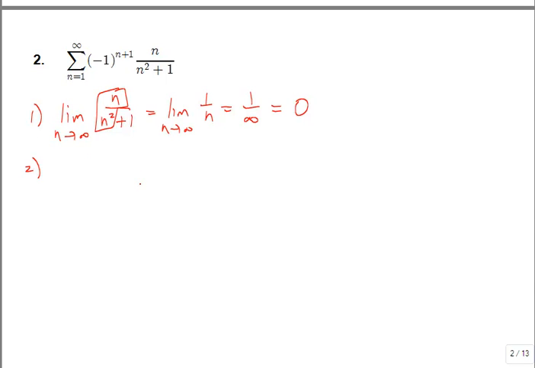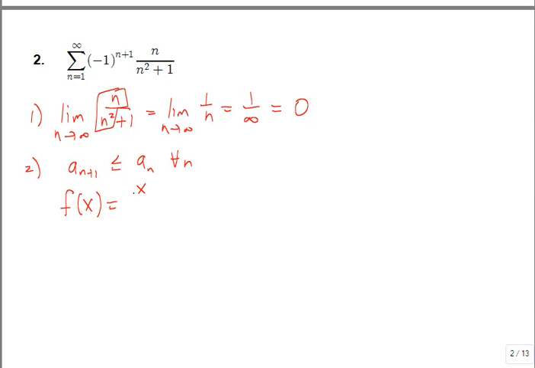So now we want to show that a sub n plus 1 is less than or equal to a sub n for all n. Now in this particular problem, it's not as simple as the last one where you can just look at the two fractions and see that this inequality is true. So one other way that we can show that this relationship holds is to show that this function up here is decreasing. So I'm going to call it f of x